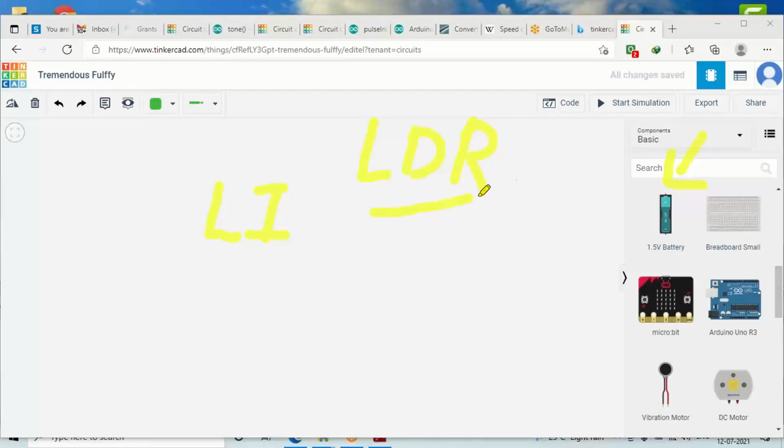Okay, so we'll study this LDR sensor and try to understand how it can be connected and how it actually helps in giving the light intensity. Okay, and based on that we'll connect a few LED bulbs and see how this LDR can be utilized for switching on and switching off the bulbs.